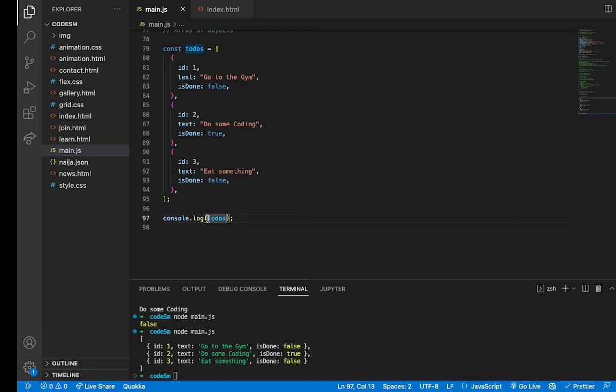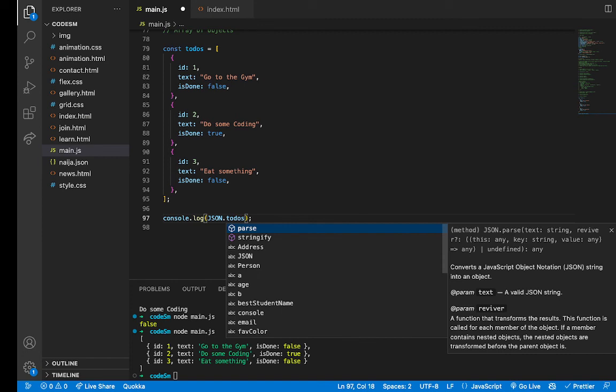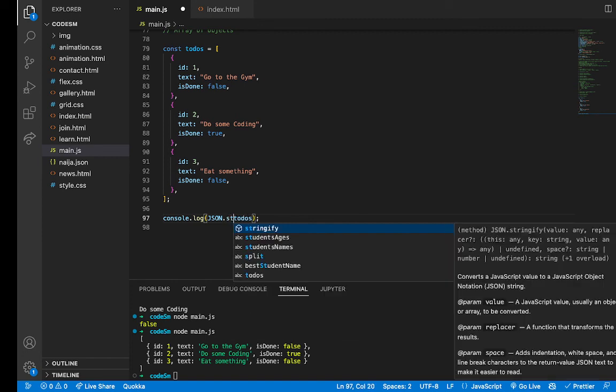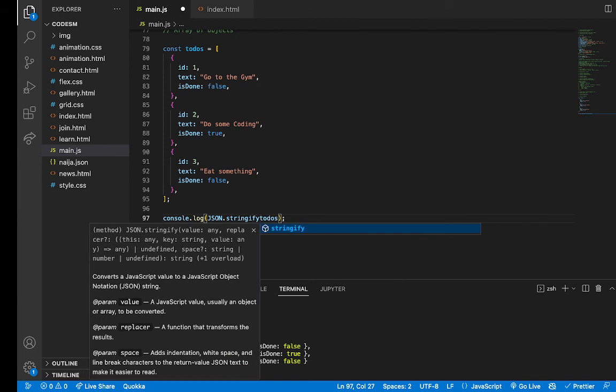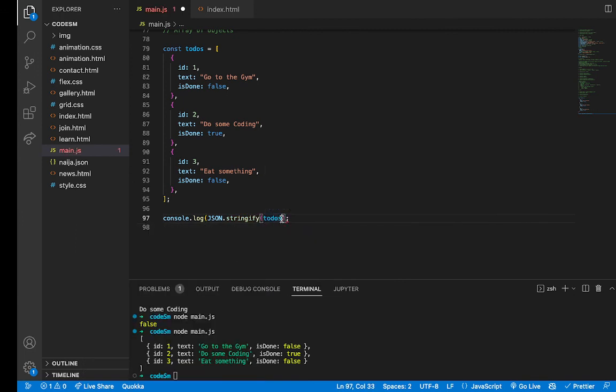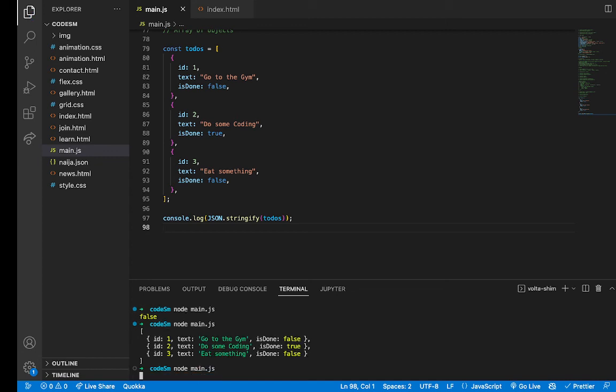In order to convert it, I simply say JSON.stringify. If I use that keyword, then I put my array inside the brackets. If I come down here now and print again,